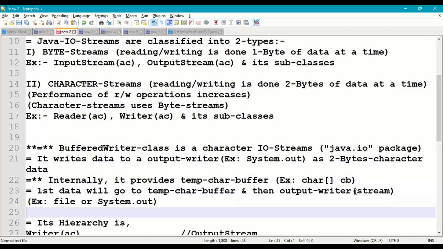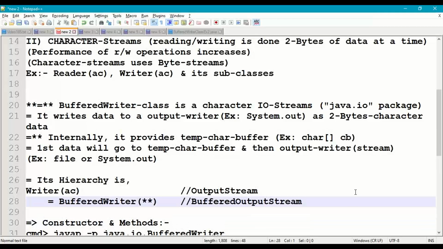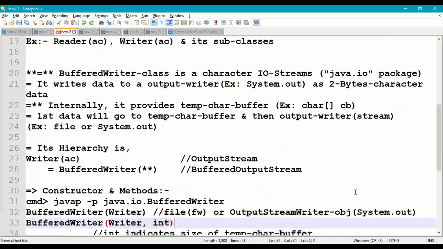Coming to the hierarchy, BufferedWriter class is the same as that of BufferedOutputStream, and it is inherited from writer class, and writer class is similar to that of output stream class. And coming to the constructors and methods